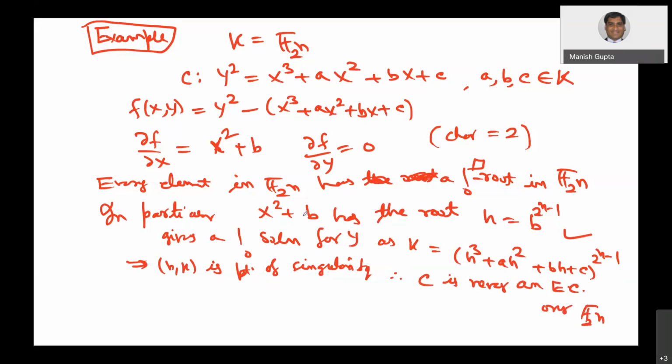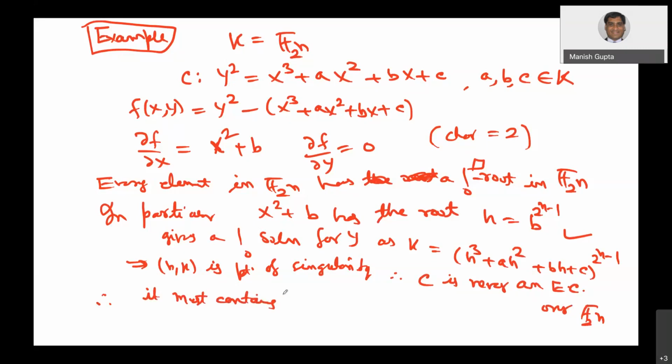So any equation of this form, where the left hand side in the V star equation has only y square, over a field of characteristic 2, I mean 2 raised to power n, will never be an elliptic curve. So in order to be an elliptic curve, it must contain